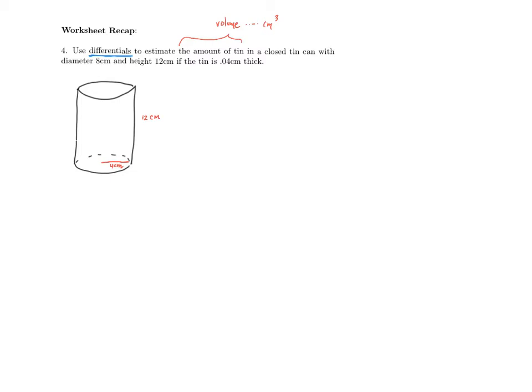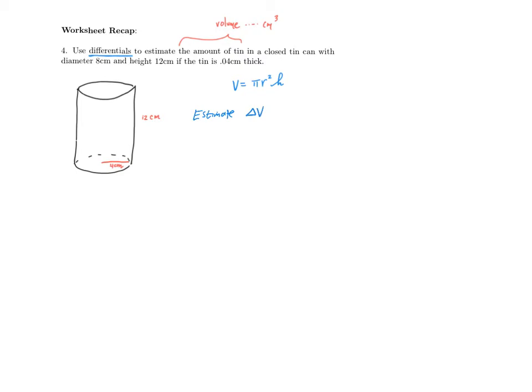follow the given instructions. So to get started, since we're talking about volumes, let's note that the volume of a cylinder is given by pi r squared h, where r is the radius and h is the height. So think the area of the base times how tall it is. And what we want to do is approximate, in a sense, the change in volume associated with the thickness of